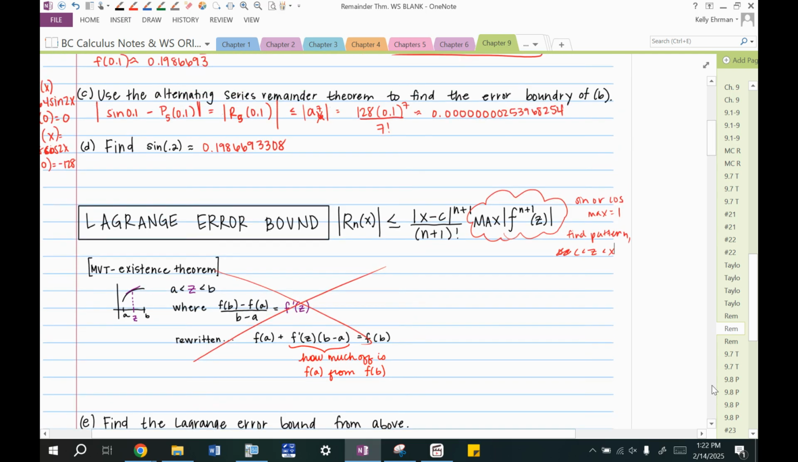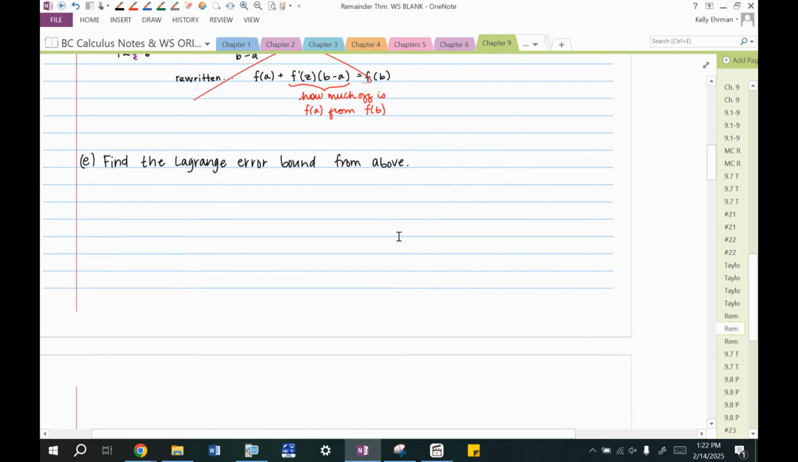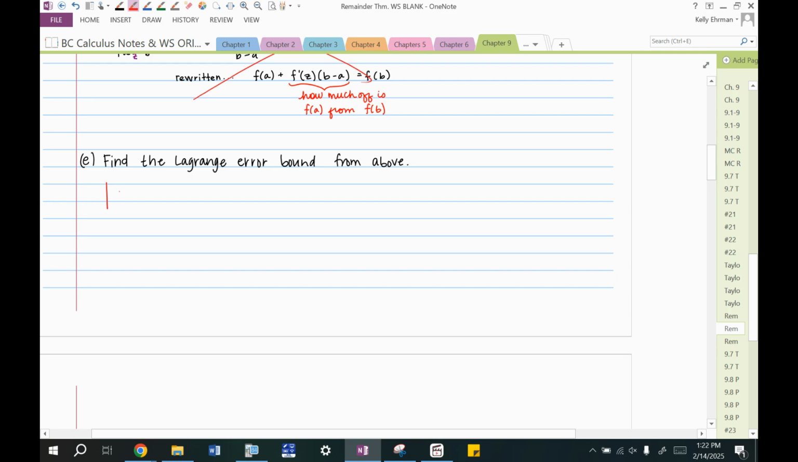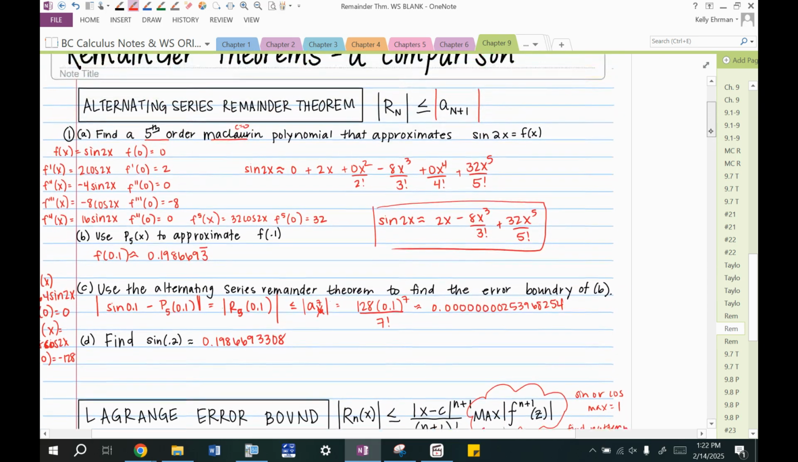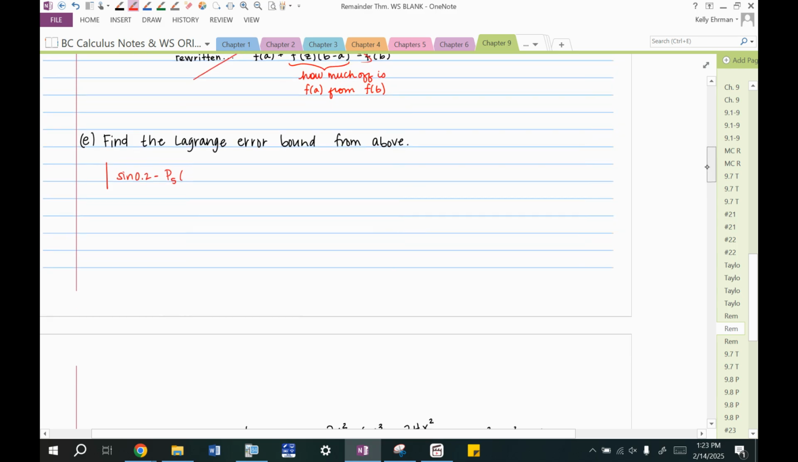Okay, so find the Lagrange error bound from above. All right, so the Lagrange error bound from above, again, we used a P5, right? So we're saying, all right, let's let Lagrange have a crack at this. So the sine of 0.2 minus the P5 approximation of, was it 0.2? I thought it was 0.1. Oh, yeah, it was 0.1. But this was sine of 2x. So back here, that should say 0.2. Okay, anyway, minus P5 of 0.1 is equal to the absolute value of the remainder of a